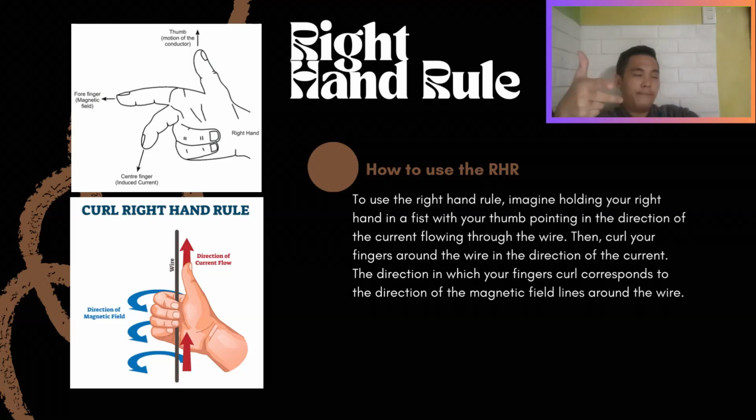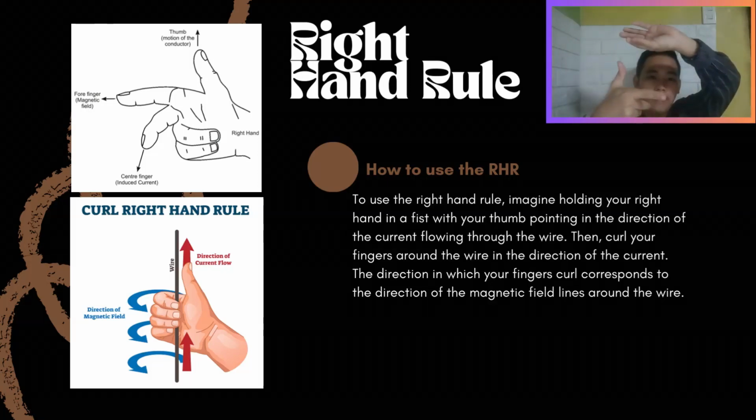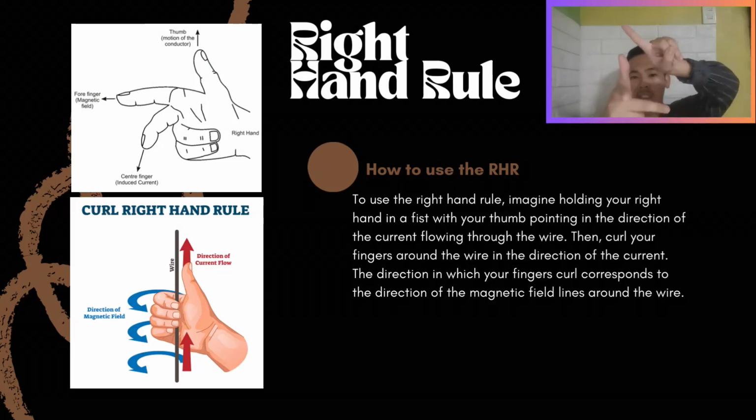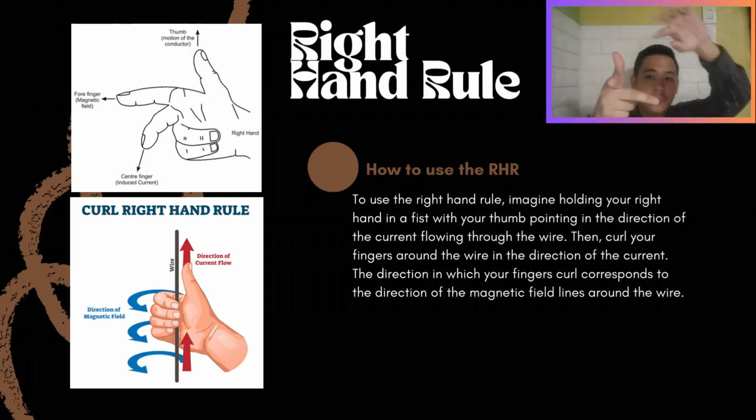Let's say the tube is moved from bottom to top into the magnetic field, so the motion of our conductor is going up. Since we know the conductor is going up, now we look at the direction of the current. Let's say there is a magnet here and another magnet here, creating magnetic fields between them. The conductor is placed between them, and the current is toward the left. Now our right hand rule points away. The conductor goes up, the current goes left, and our magnetic field is this.